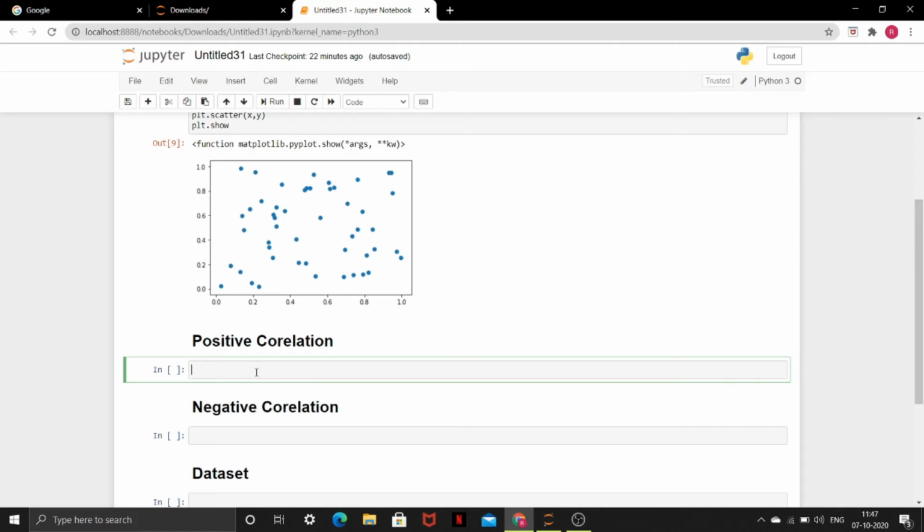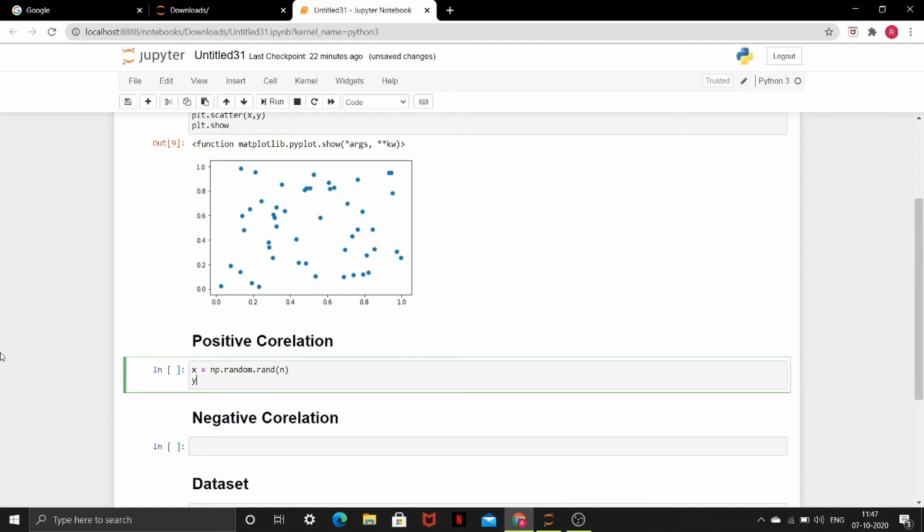So to show a positive correlation, I will create a numpy array again with random values. And for a positive correlation, I will define y as x plus some random value, which is like an equation of a line with a positive slope.